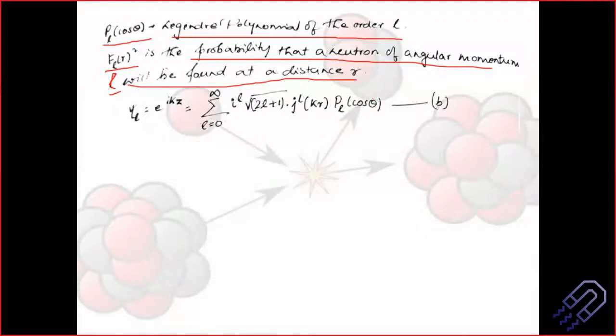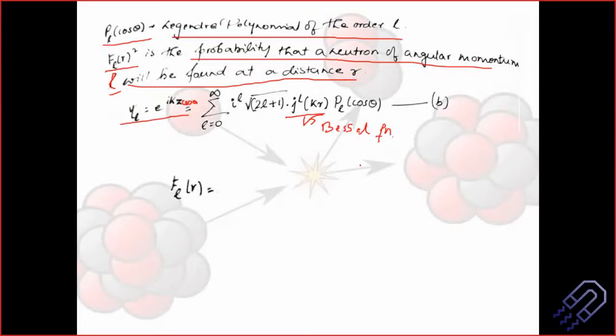Okay, and then this is nothing but psi is equal to e to the power i k z. I think there should be a cos theta. Okay, missed it. So e^(ikz) is equal to nothing but the summation from L equals 0 to infinity of i to the power L root over (2L plus 1) times j_L(kr) P_L(cos theta). Now I know that if you have not paid attention in your mathematical physics class, this might seem to be a bit tricky, but please remember this is your Bessel function, very important. So this is the Bessel function. I will consider that you already know this, or at least remember this.